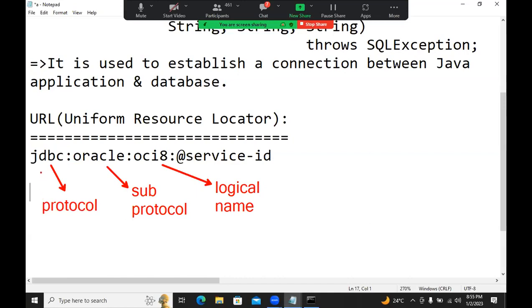Here, what is this protocol? What is this sub protocol? What is this logical name? Service ID? What purpose do we have to write? These are not completed, how to teach? Okay. This is a URL we have to write to access type 2 driver. It is called protocol. It is called sub protocol. It is called logical name. Here,